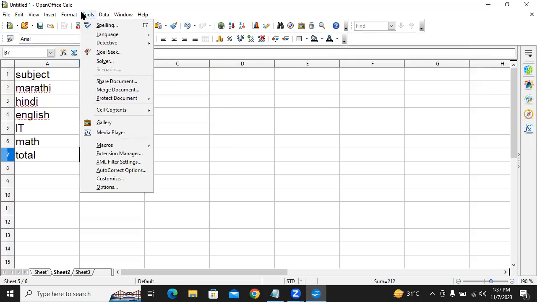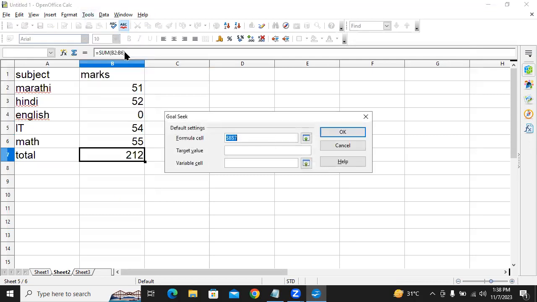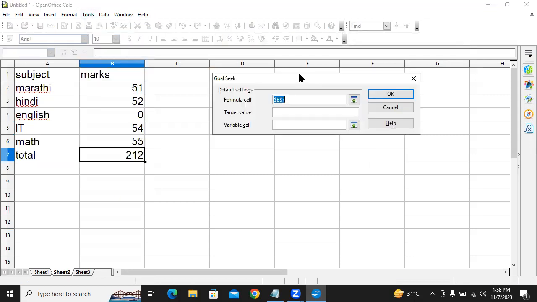Okay, tools menu. Yes, tools menu. Then click on goal seek. Then, as in a solver, sorry, as in a scenario with multiple operations, you have to select some